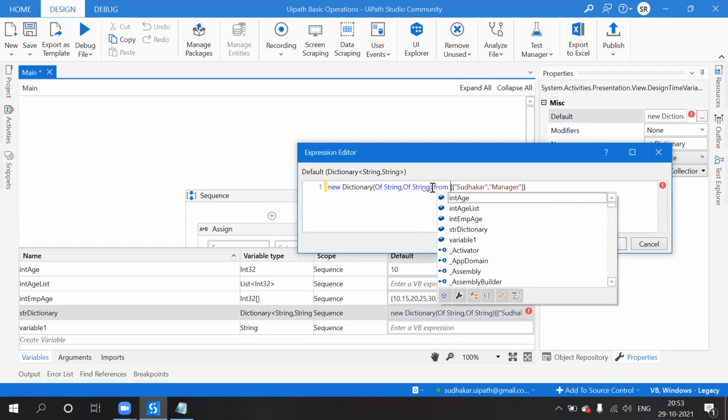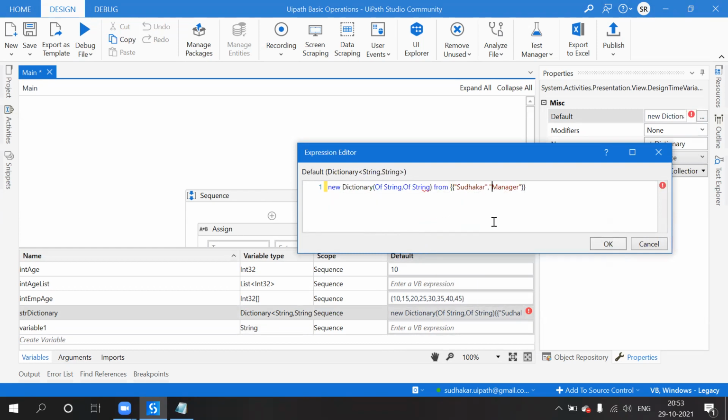So here I have to use from. The keyword doesn't name a type. So new dictionary of, this is the syntax.